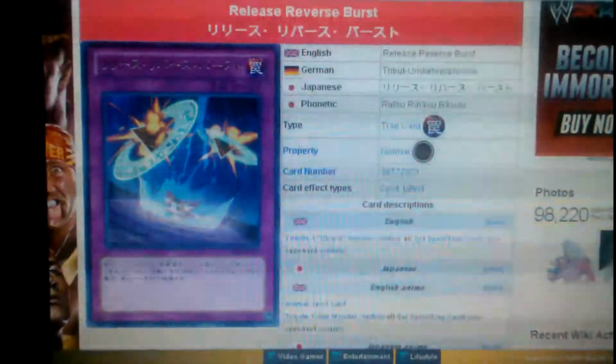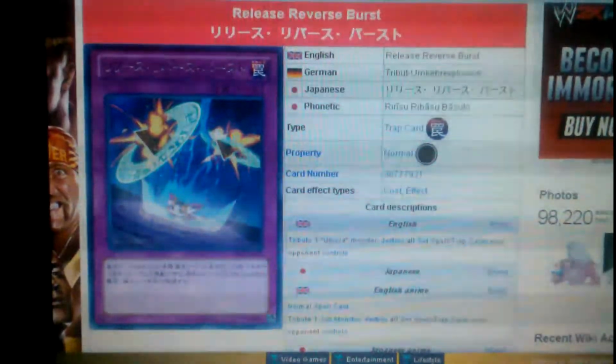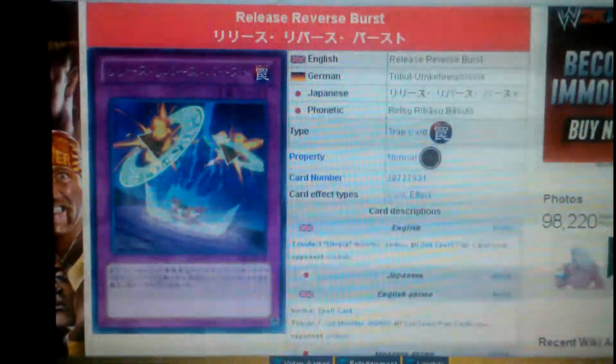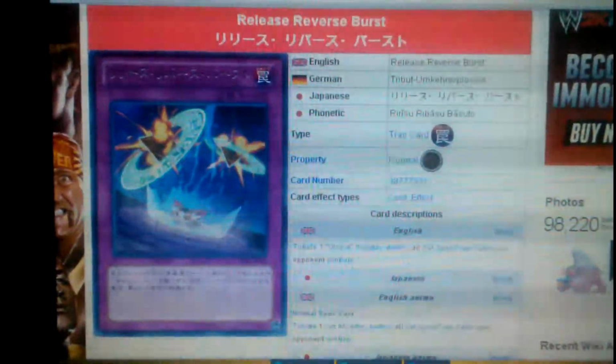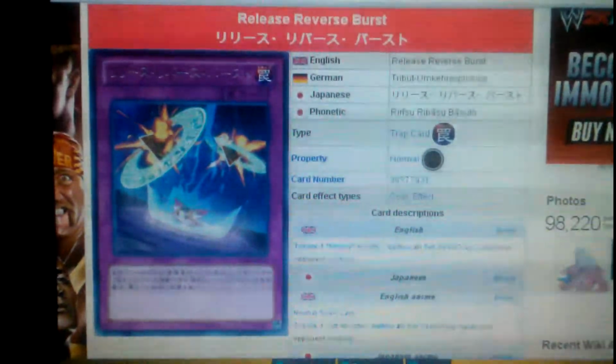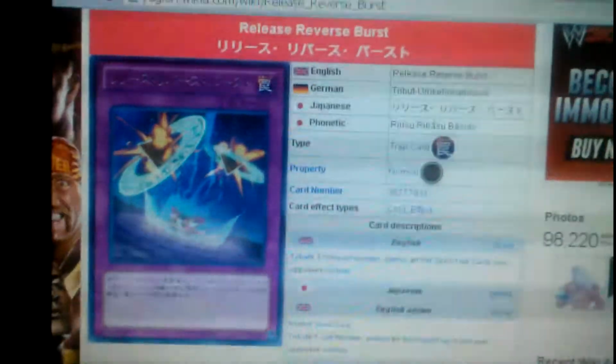So let's say if I have Utopia and I have Ray V, use Ray V's effect, destroys the monster, they lose total attack points, then activate this trap card, destroys Utopia, destroys their back row, and attack directly with Ray V. It's a safer way to go, and it's really good. So okay, the next card,